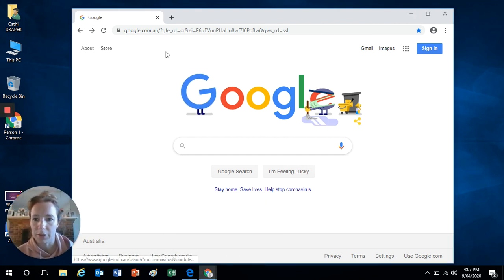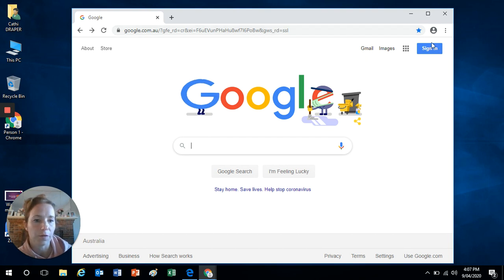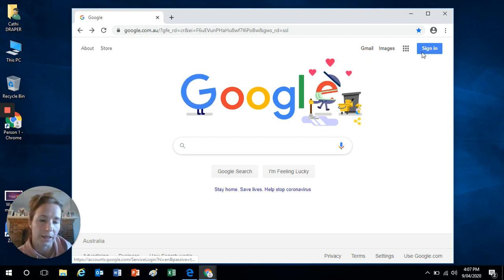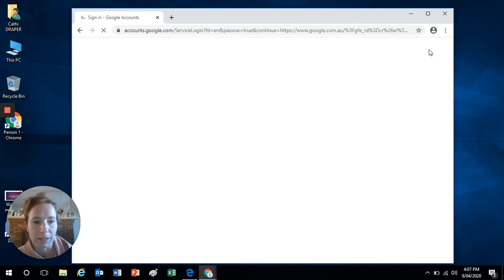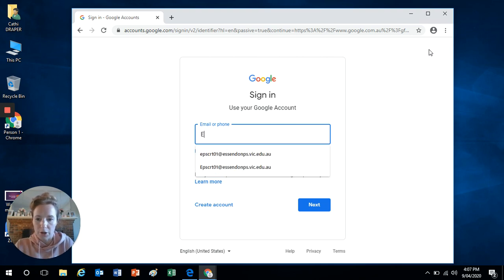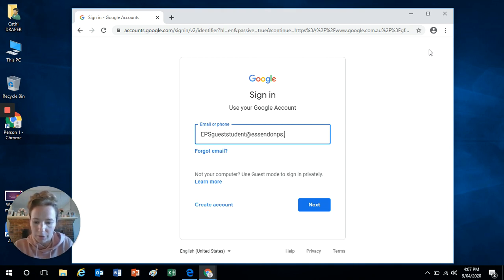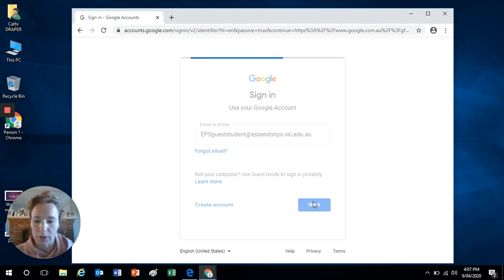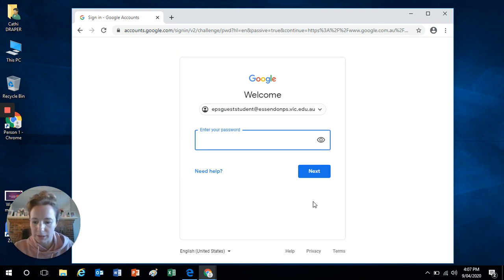This is the Google homepage, so google.com.au, and you'll find that there is a way to sign into your account here in the top right-hand corner. So this is where you can sign in with those account details that we sent you on the email. So you simply enter in the email address that we set up for your child. So I'm actually going to enter a guest student email. This is one that we've been using at school as a bit of a practice. So this is a practice student account, but you would enter obviously your child's email address